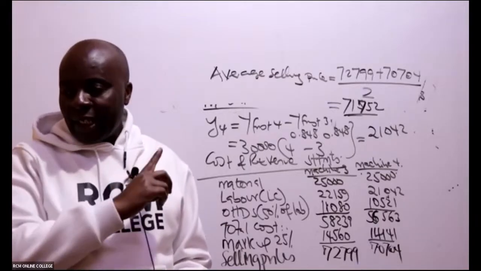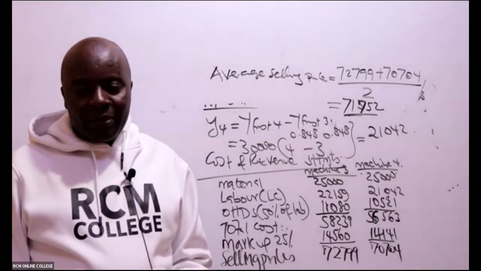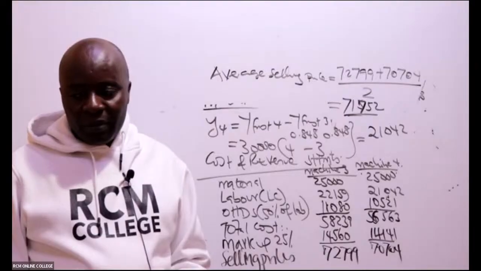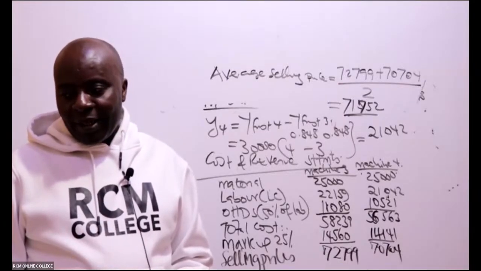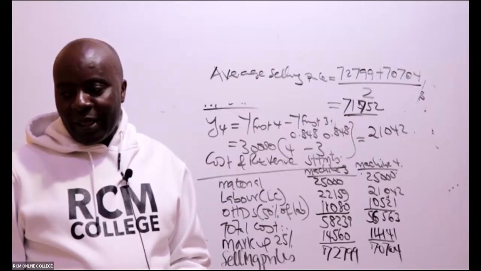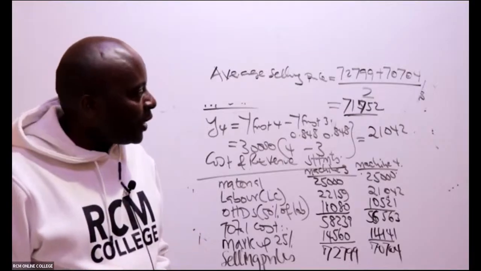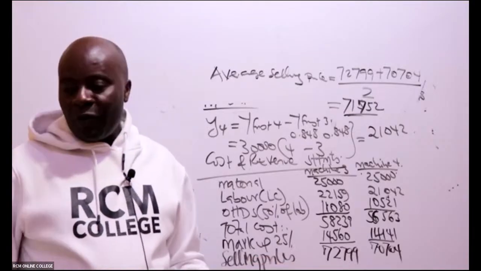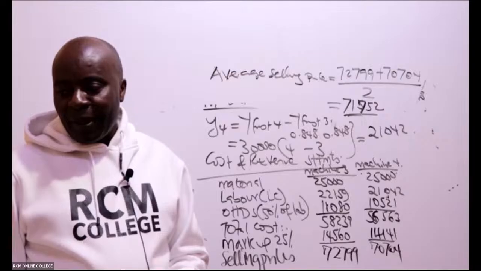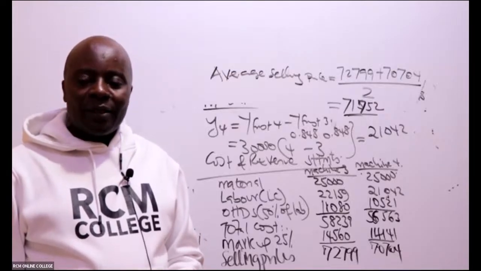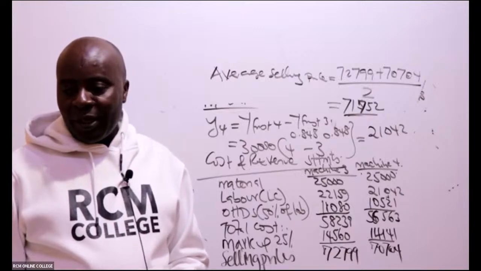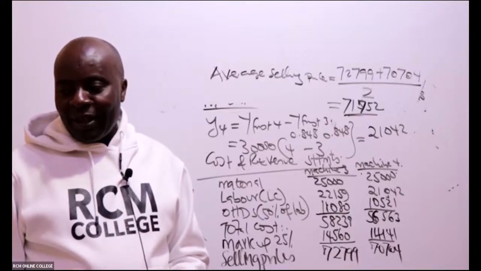So is this answer the same, Maggie, with the other answer we got using the other method? Apart from rounding off errors. Yes. The other one was 71,750. Yeah. Rounding off errors. Same. Variance of 2 only. Now let me ask you a question. Which method is better between the two?